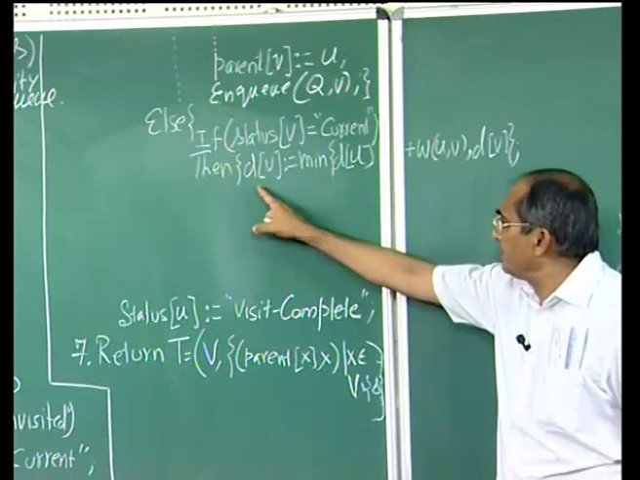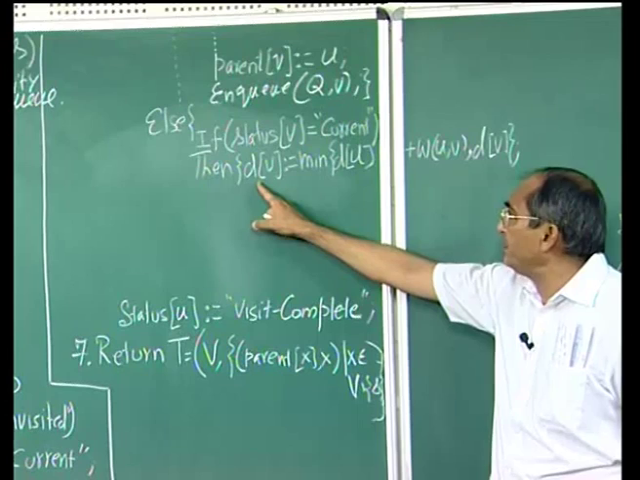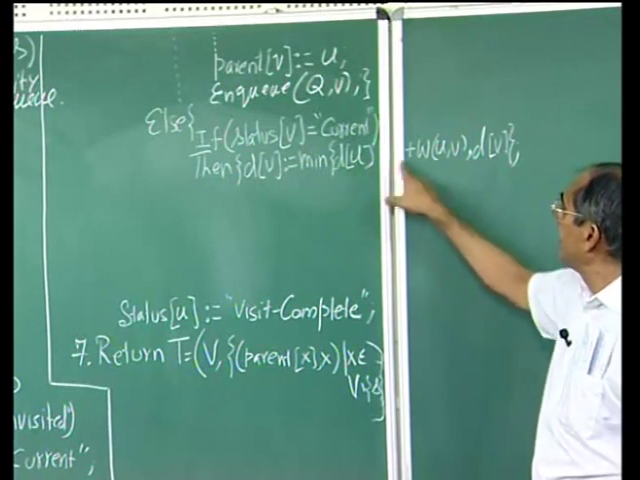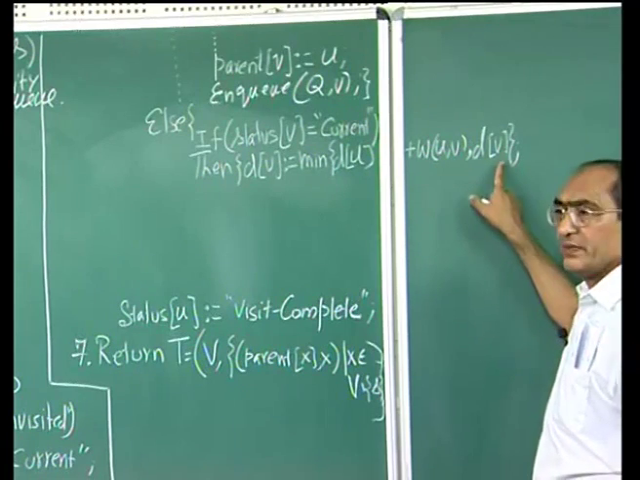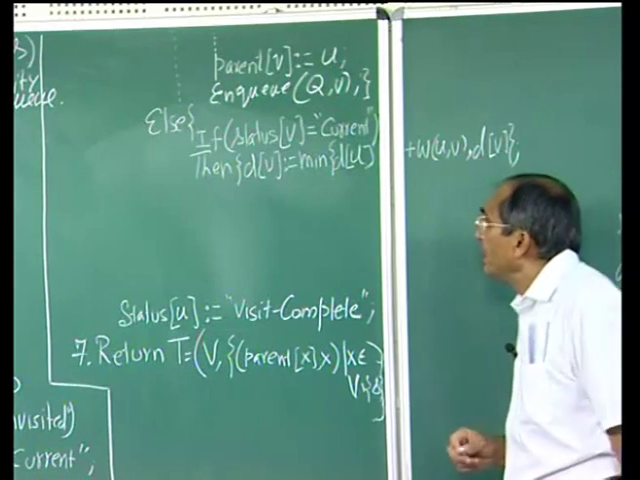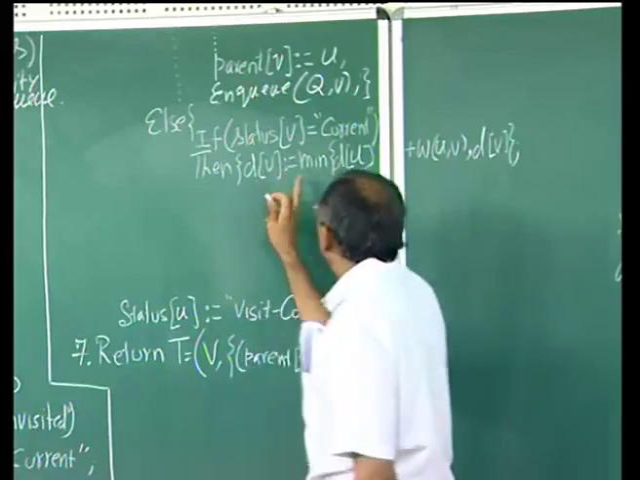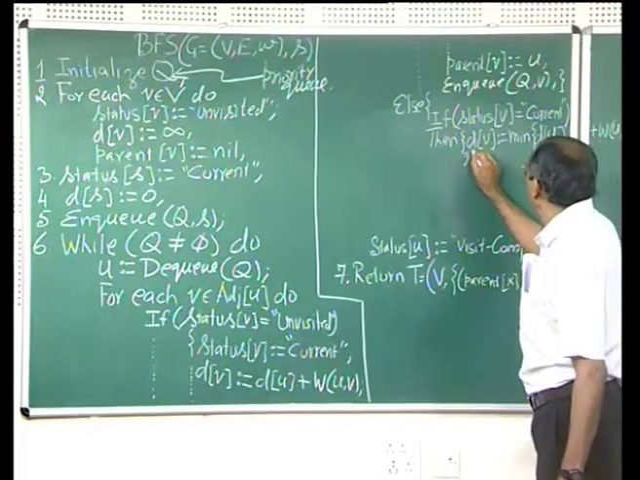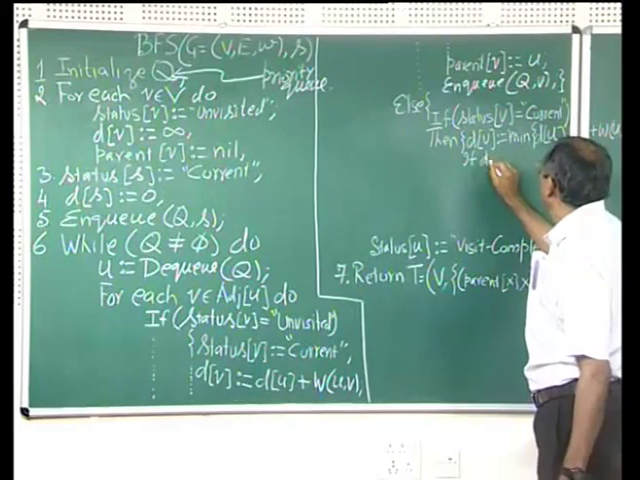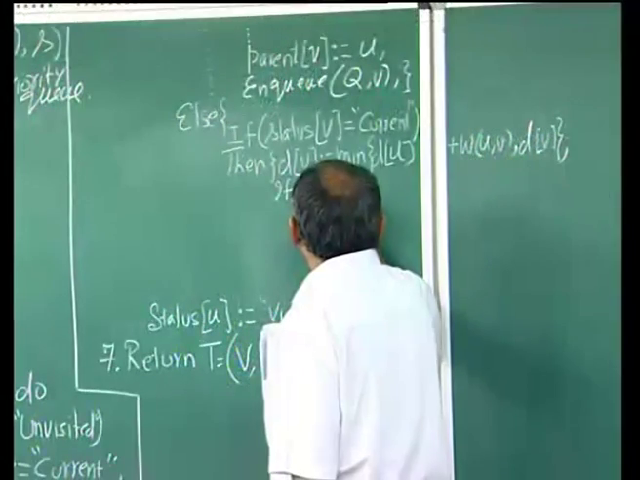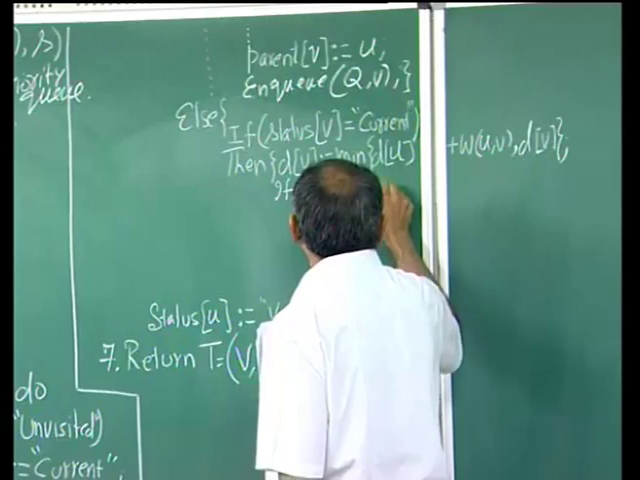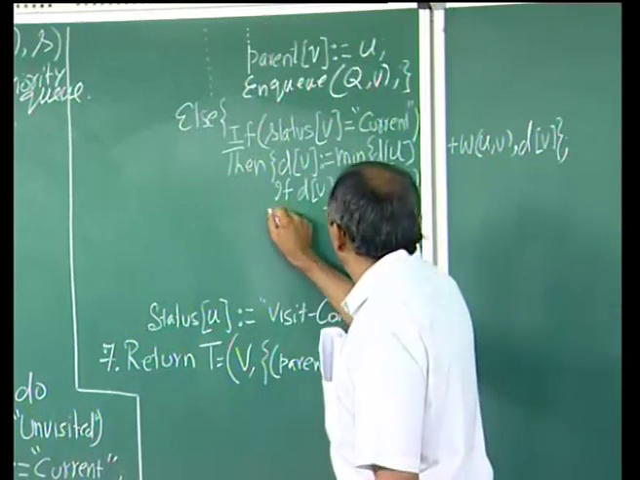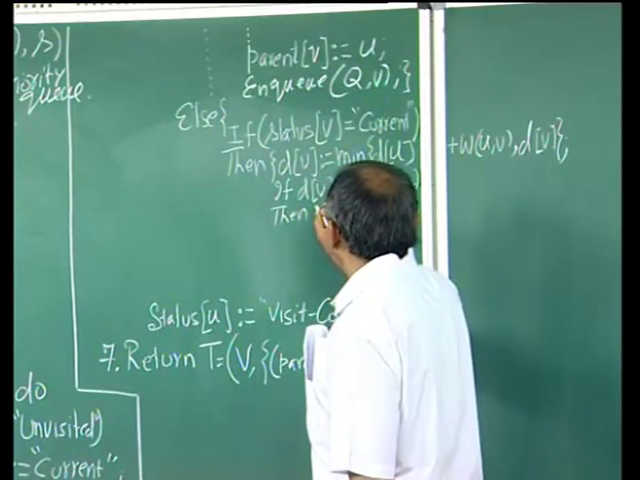So, possibly if we have improved the value, then we will pick this value, otherwise we will stay with the old value. Now, in case we have changed the value, so if dv is changed, then we need to do a few